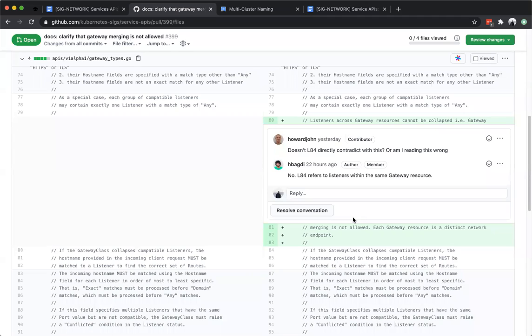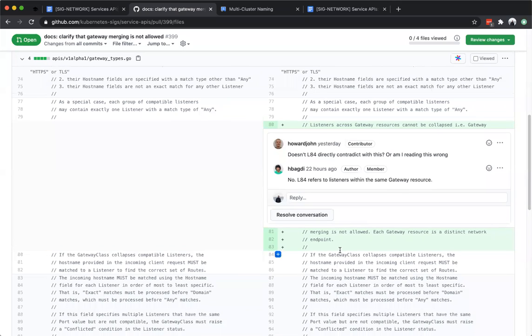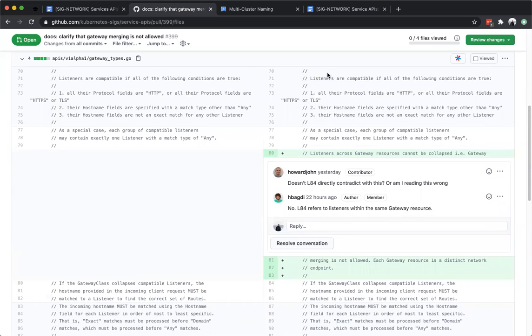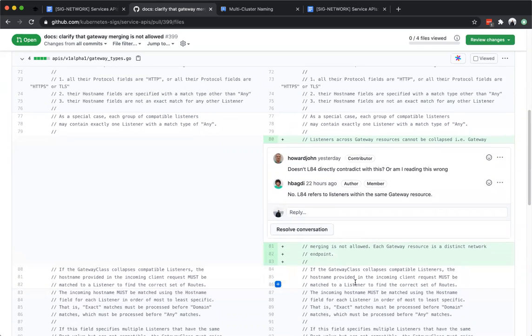I'm glad John pointed this out as well. If you read the next paragraph here, the paragraph above describes a compatible listener, and the paragraph below describes the gateway class collapsing compatible listeners, and it makes sense to say this. I think this just needs a little bit of tweaking, but I'm not sure what it should say.